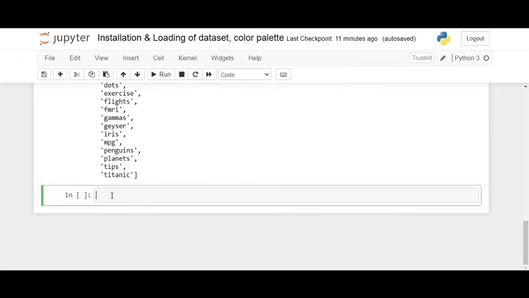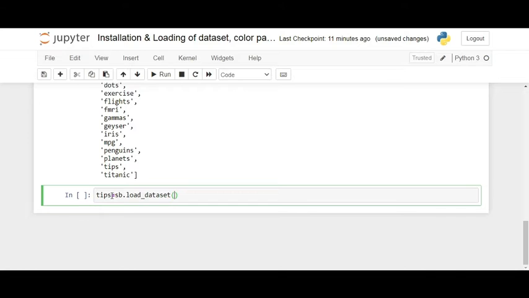Now we'll see how this data is used. I can use any of the data. Suppose I want to use tips. I will give a variable name, tips is equal to, and I will load this data now: sns dot load underscore dataset and that particular dataset name.